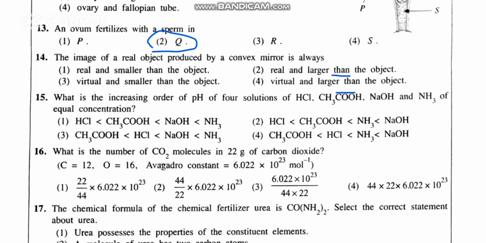Is it real or virtual? So that will be, I guess it should be real. Yes, so real and however larger than the object. You can check through the 5th lesson of grade 11 part 1. There's a table showing how images are formed according to different positions, but for a convex mirror it's always the same way. When you have convex lenses and concave lenses, convex lenses will form different images in different positions, but concave lenses will form only one type of image. So if you know that clearly, you can answer this question.